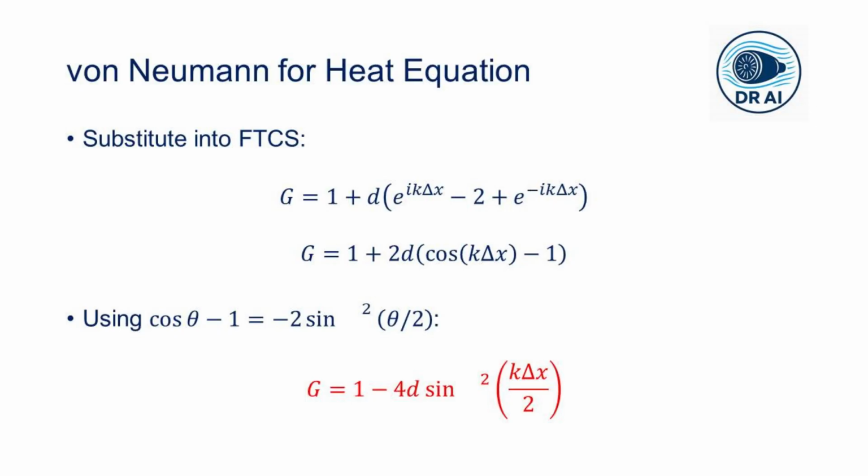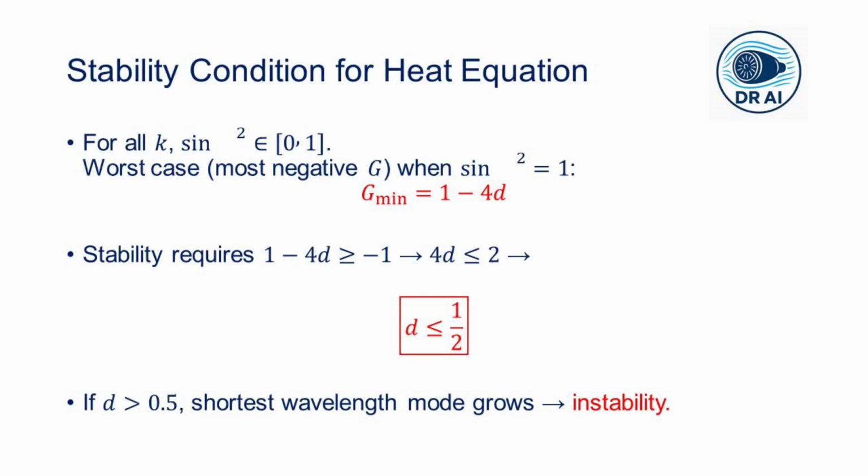And similarly, we also know by the identity that cos θ minus 1 equals minus 2 sin²(θ/2), which is a half angle identity. So we can get the final relationship of the amplification factor as G equals 1 minus 4d sin²(kΔx/2),